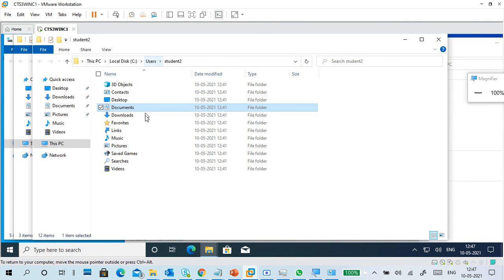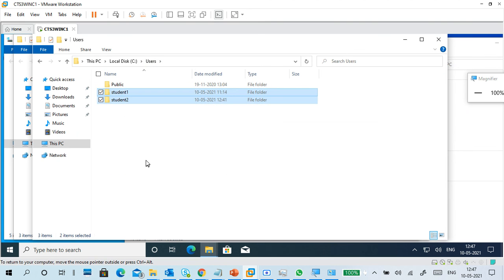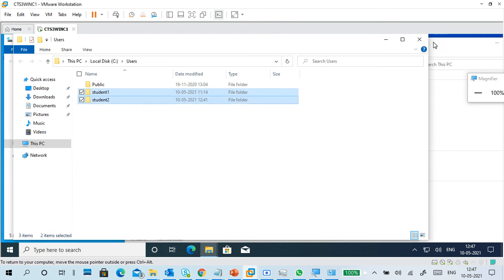If you try to open student 1, student 1 data cannot be accessed by student 2. So whatever data it is displaying on the desktop or anything, it is stored in this folder only. See Users, username, under that one their profile data is storing.